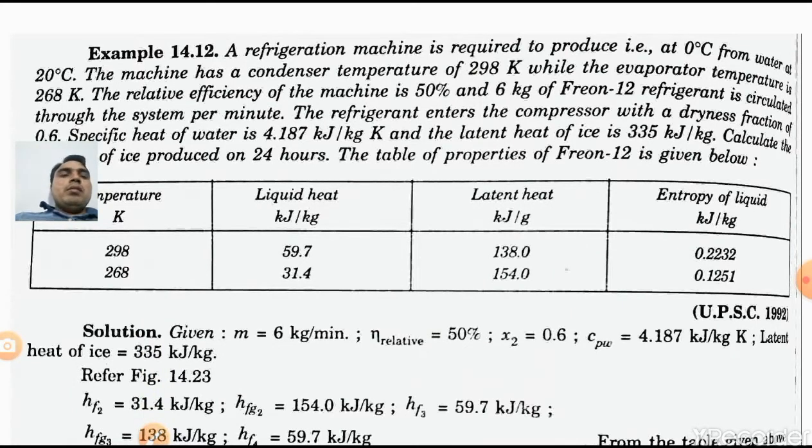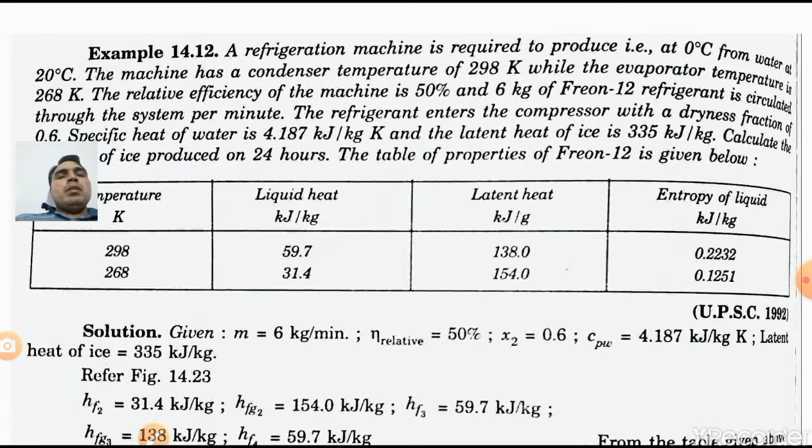A refrigeration machine is required to produce ice at 0 degrees Celsius from water at 20 degrees Celsius. The machine has a condenser temperature of 298 Kelvin while the evaporator temperature is 268 Kelvin, and the relative efficiency of the machine is 50%, and 6 kg of Freon R12 refrigerant is circulated through